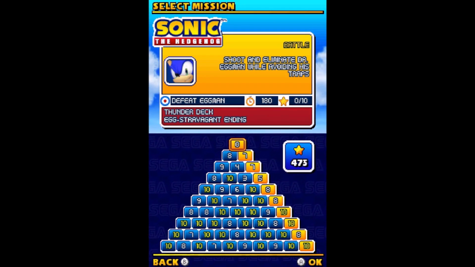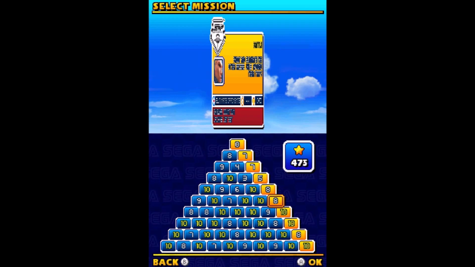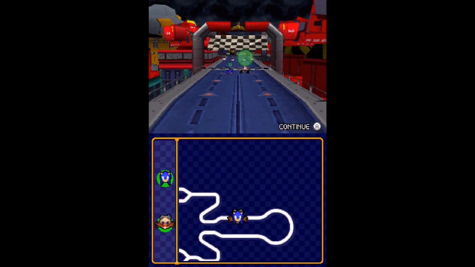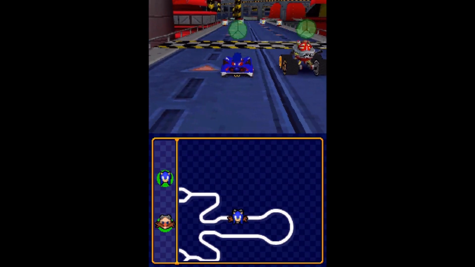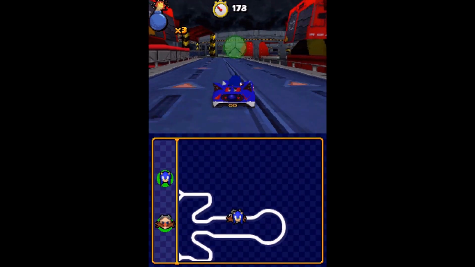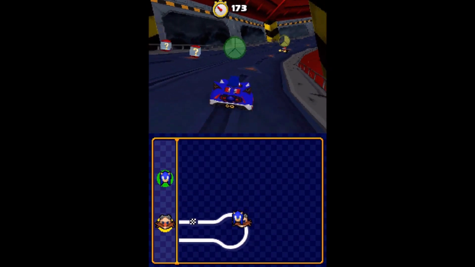So anyways, folks, here we go on to the final mission in the whole entire game, at least specifically the DS version. Now, of course, we're going back into battle mode, except now we only have to take down one foe, and that's of course Dr. Eggman. So, self-explanatory, right? It's going to take place in Thunder Deck, which makes sense, considering Thunder Deck is the final track in this version of the game, similar to other versions, including the Wii version, the PlayStation 3 version,